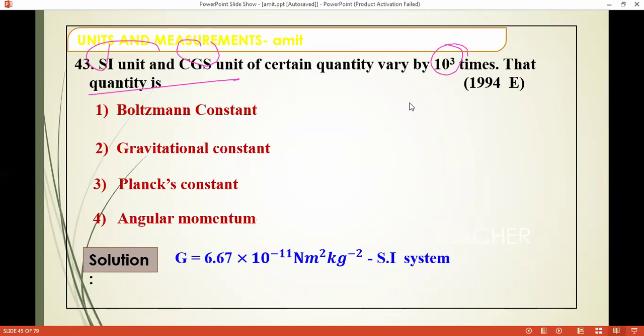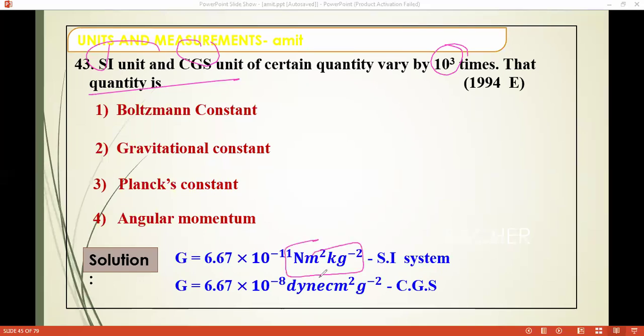SI is a certain quantity, you can check it, the value is okay. So small g in SI unit is 6.61 into 10 to the power minus 11, and capital G is 6.61 into 10 to the power minus 8. You can convert easily to Newton meters squared per kg squared into CGS dyne. Newton is for dyne, and meter is for centimeters, kg for gram. You can check it, 1 Newton is 10 to the power 5 dyne. Relations will come here, you can solve it.